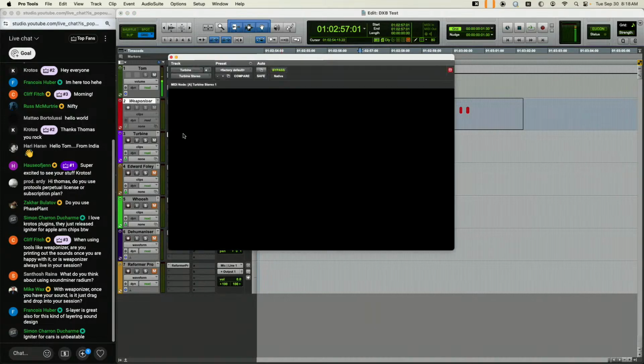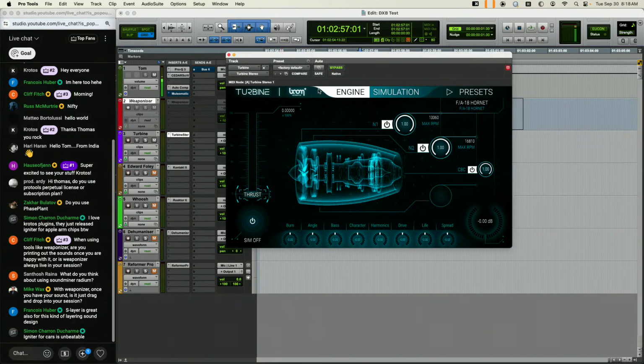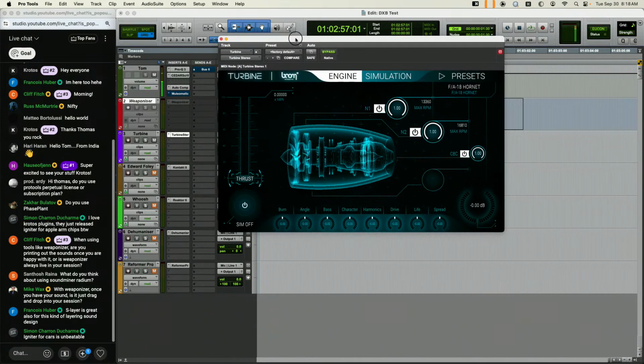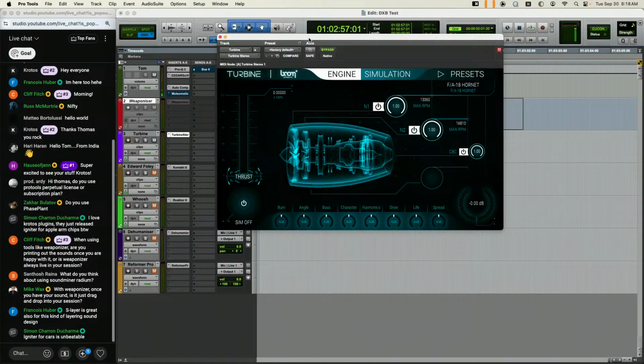I like Wepaoniser, it's good, and Krotos is here, so I feel like we got to make a little bit of a show of that. But there's more that I want to talk about, so we're going to move on to the next tool, and that is Turbine. This is by Boom,